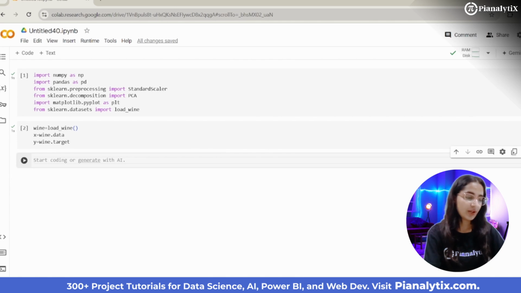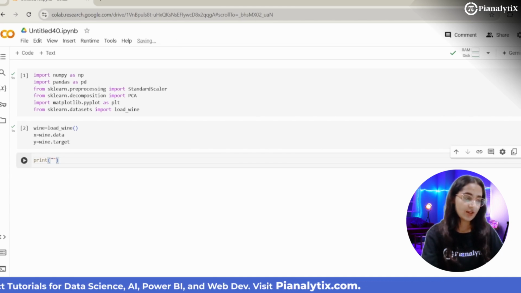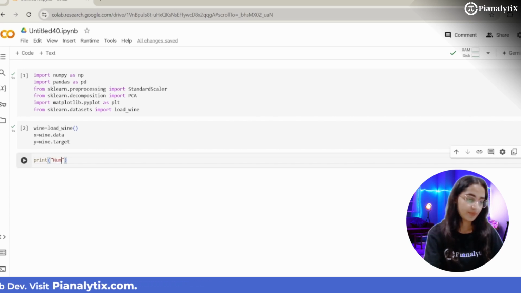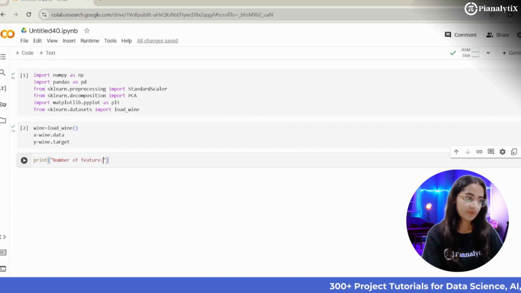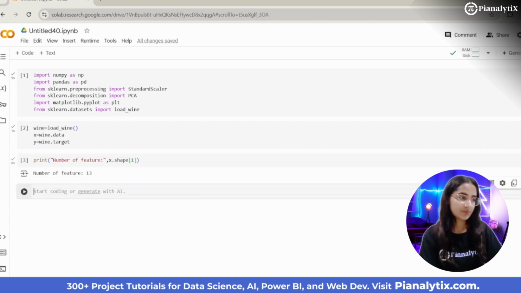Okay, now let's take a quick look at the number of features that we have in this dataset, which helps us to confirm the number of dimensions before applying PCA. So we have a total of 13 features. Now we will reduce these features to 2.